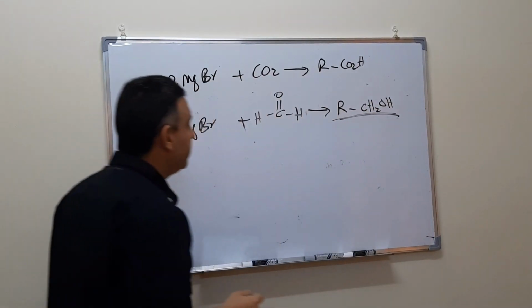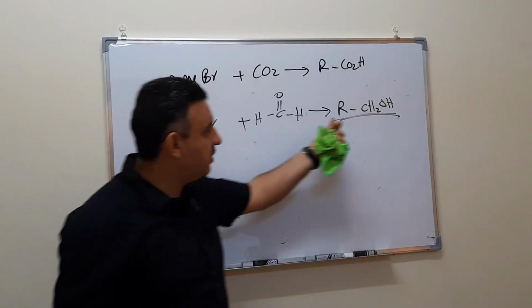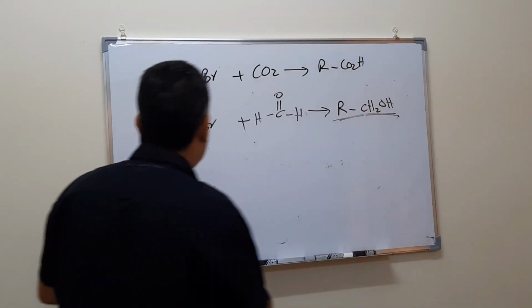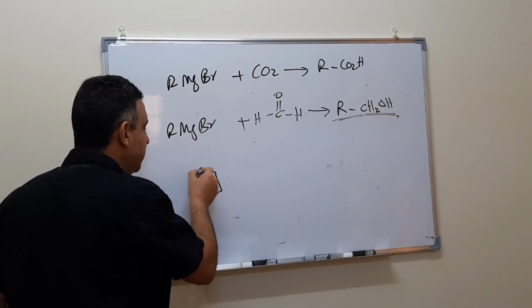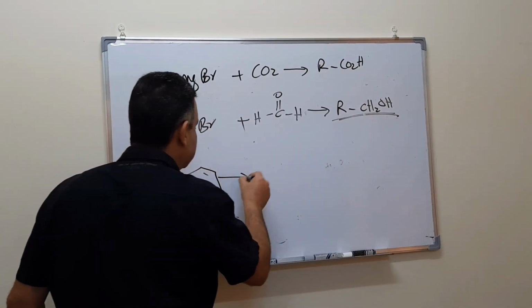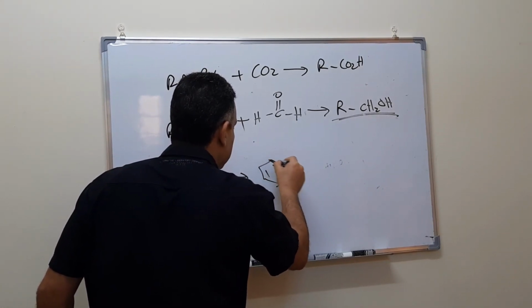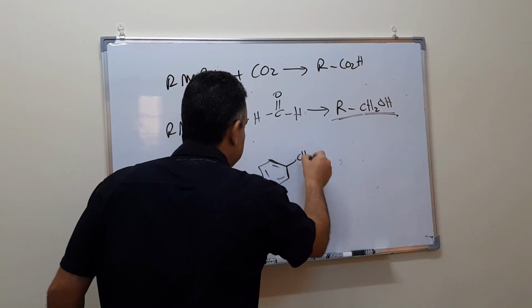See, as if we elongated the R here with CH2OH. You follow me? Similarly, for example, if I ask you how to convert benzene into this benzyl alcohol, CH2OH,